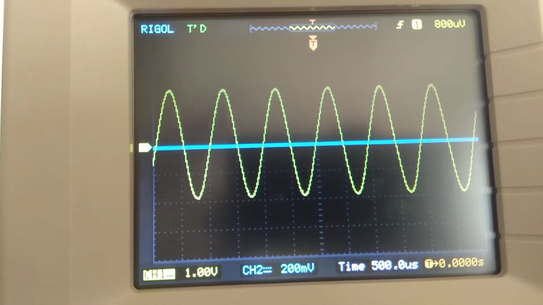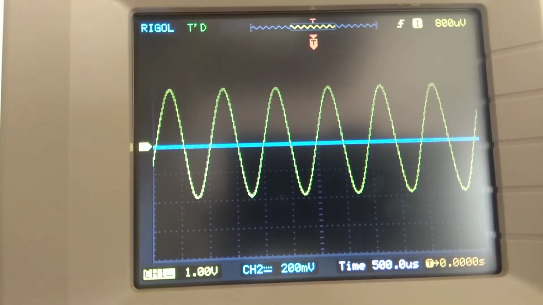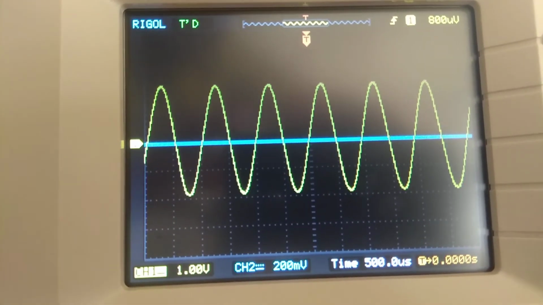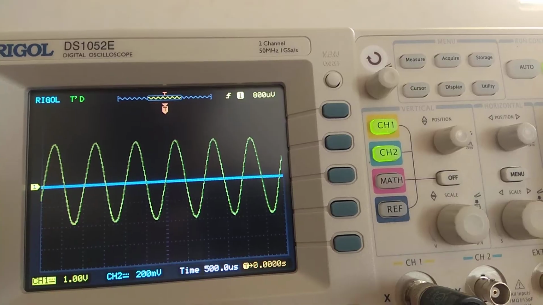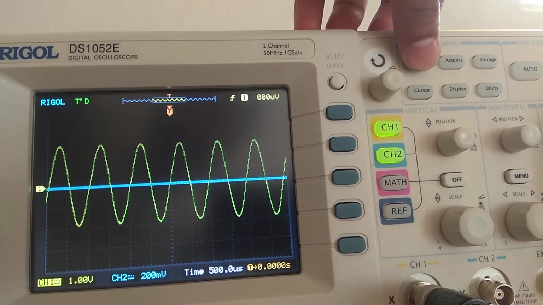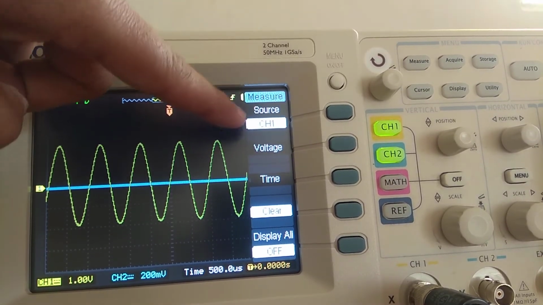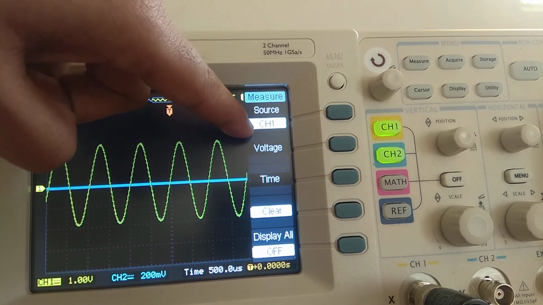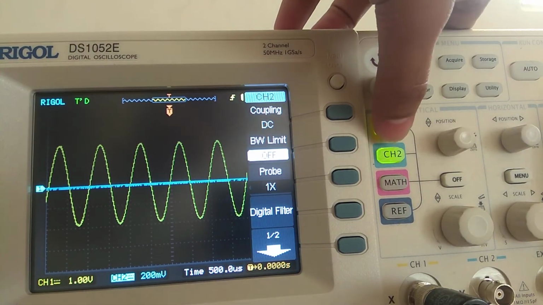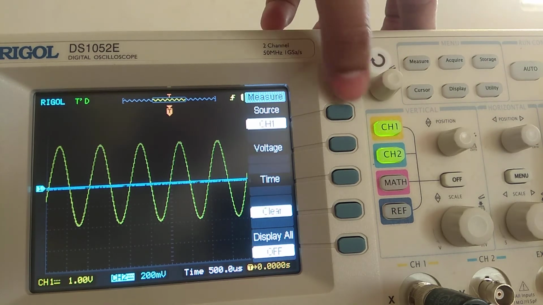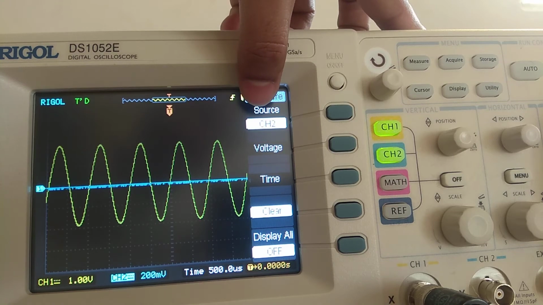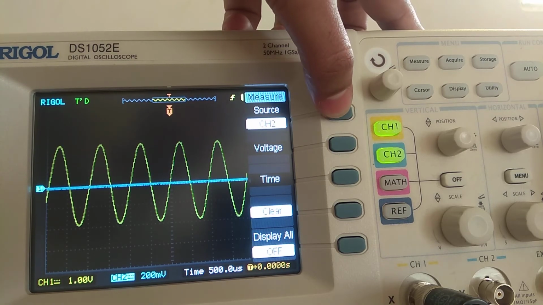Now every time we don't have to look in this way, we can easily see it by measuring. Here if you want to measure, tap this measure button. Now what do you want to measure? Channel 1 signal. This is channel 1. If you want to change to channel 2, from here you can change to channel 2. But we want to measure channel 1.